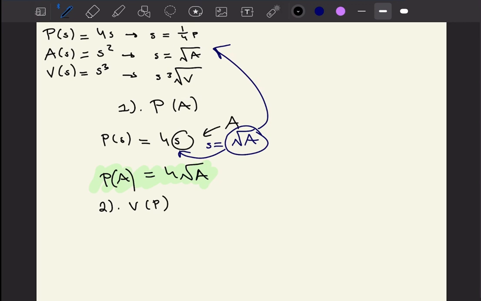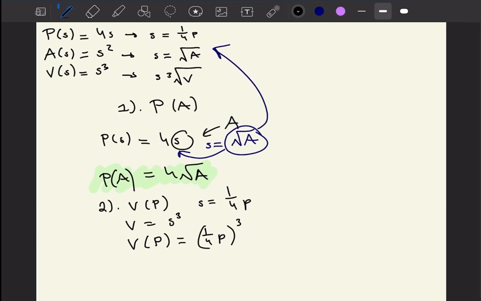And what is volume by itself? Well, volume by itself is s squared, and s, as we figured out here, is 1/4 perimeter, right? Volume is s cubed. I'm pretty sure I said s squared a couple of seconds ago, but it's s cubed. And what we do is we input the perimeter for the s. So volume in terms of perimeter is equal to 1/4 perimeter cubed,